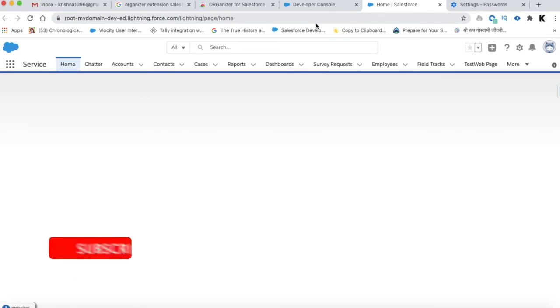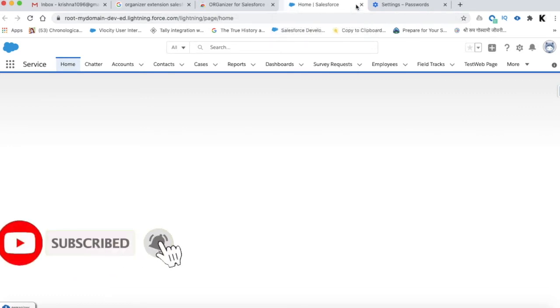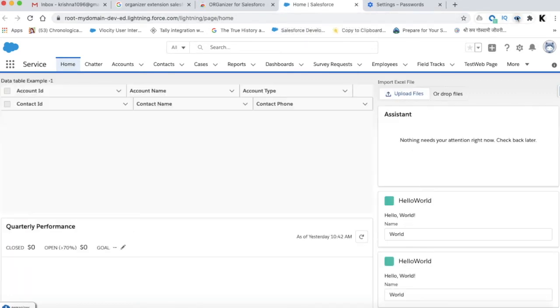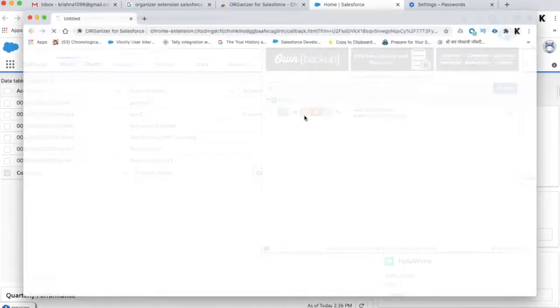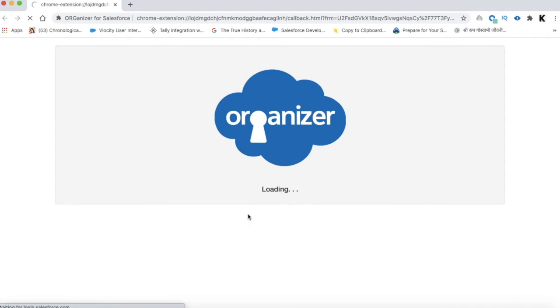Now let's check the third button. The third button is the orange one. This orange button will open your org in a new window.